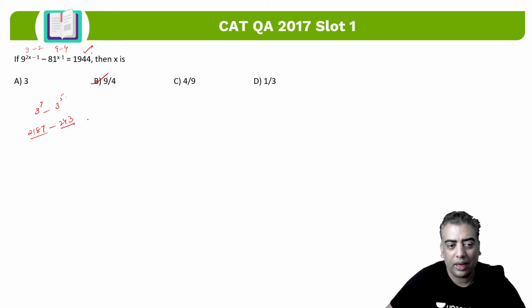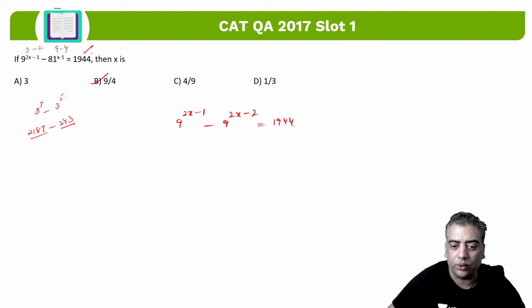You could also have managed to frame equations in this case by taking certain value common out of the two, right? So then we still need to convert both the numbers to the power of 9. So it can be written as 9 raised to power 2x minus 2 equal 1944. If I observe the right hand side, it is nothing but a multiple of 9. Right, so we can divide by 9 both sides by taking out certain values common, or we may cancel out with some other value. So to make it easier, we can take 9 raised to power 2x minus 2 common.